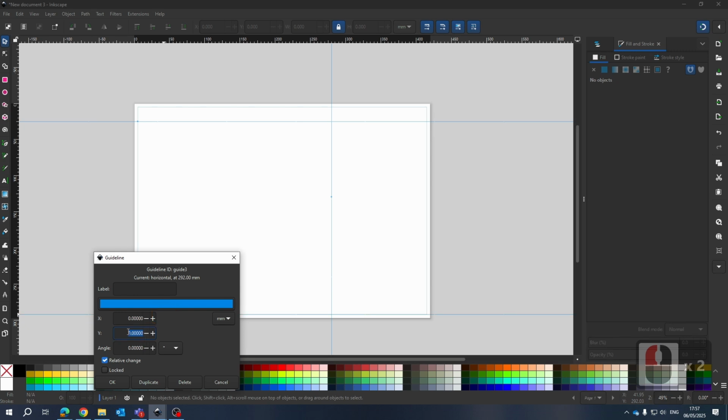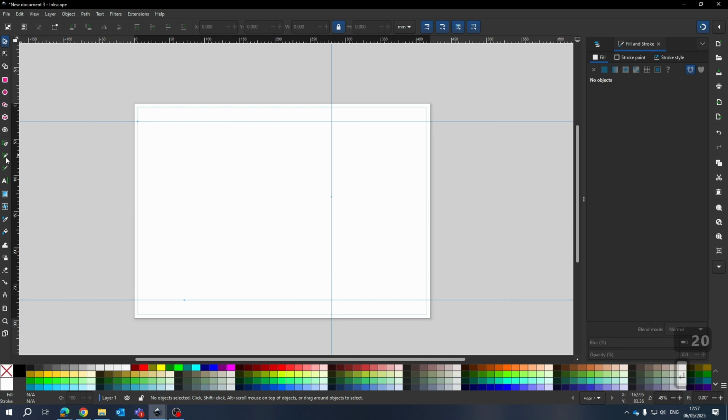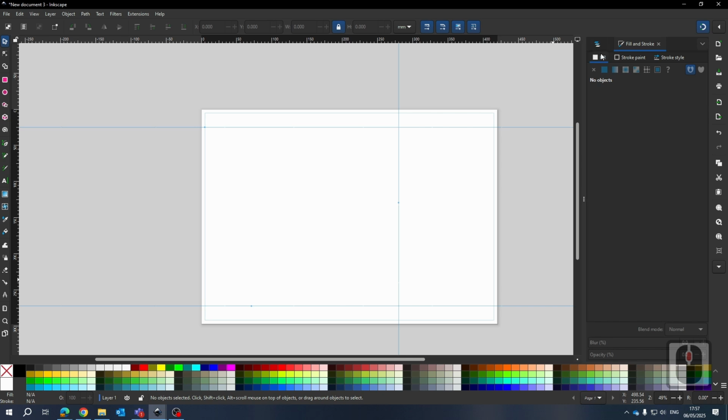Same deal from the bottom. This will be -20 in the Y direction. Okay, this is the Y axis, this is X. When you start using CAD, this will make a lot more sense. Okay, now